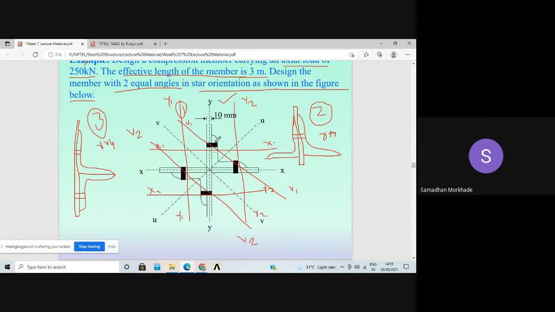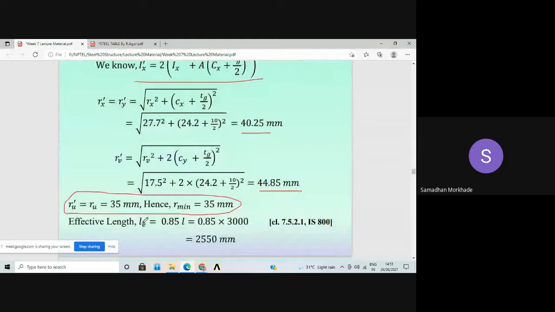Individual U11 on this only, and this is U2 on this only. Okay, so there is no parallel distance. The UU axis of all three is going to be the same, combined. That's why this distance will become 0. This distance becomes 0. Therefore, IUU will become minimum in this case.